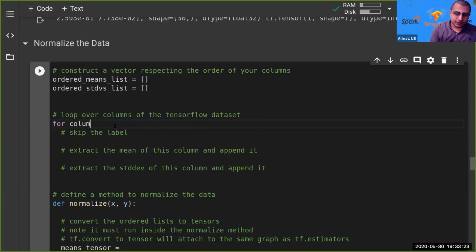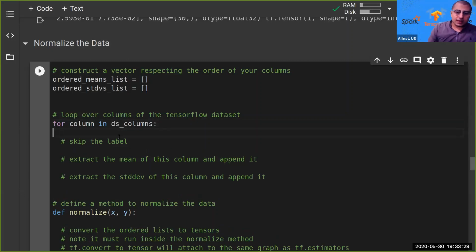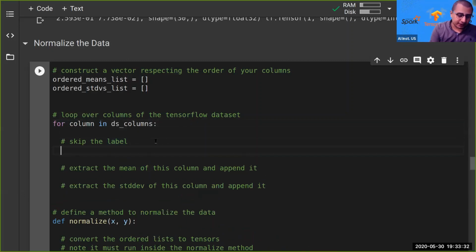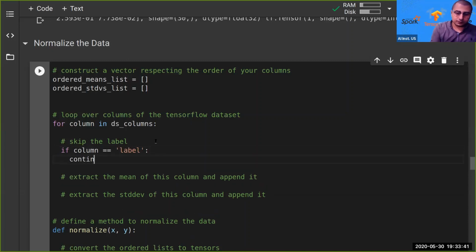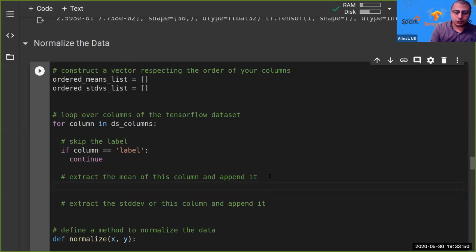So I can say for column in DS columns, which I've just collected, I will skip the label column. I don't want to normalize the label. If column equals label, continue. And then I know that I have already stored the dictionary of the features with their means, so I can say ordered means list dot append,